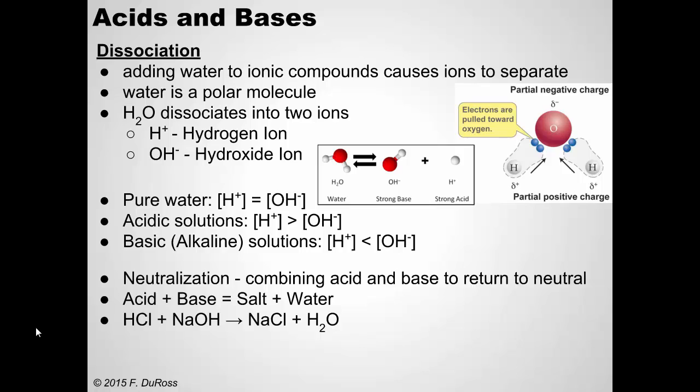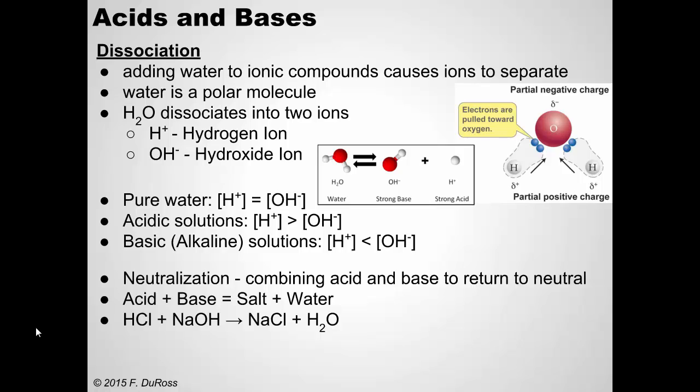Sort of like the oxygen pulls them closer to the oxygen nucleus. And you can see it's sort of indicated here. These electrons are closer to the oxygen than they are to the hydrogen. So what that means is one water molecule, H2O, although it's one molecule, one part of that molecule has a charge,